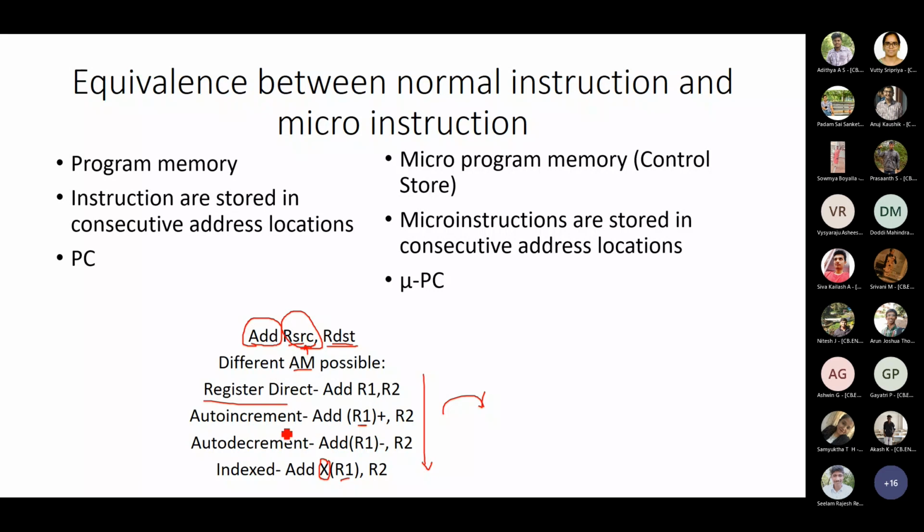Similarly, you have auto increment direct. Auto increment direct is what is written here. Auto increment indirect is also there. Similarly, auto decrement indirect is there. Indexed indirect is also there. We will look at this auto increment, decrement, direct and indirect in detail as and when it comes. So at least if you understand the basic, the direct form of these 4 addressing modes, that is sufficient for the time being.